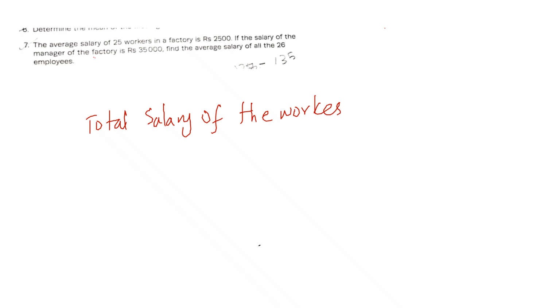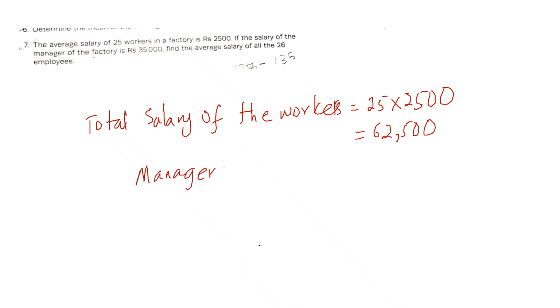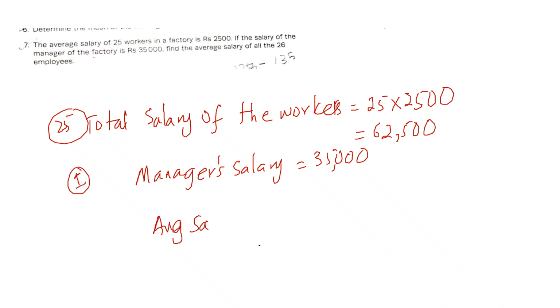Total salary of the workers will be 25 multiplied by 2500, and that will be equal to 62,500, right? And the manager's salary is 35,000. Now in the question it's asked that you have to find the average salary of all the 26 employees. These were the 25 employees, and this one is the 26th one. 25 plus 1 is 26. So to find the average salary of all the employees, what we will do is